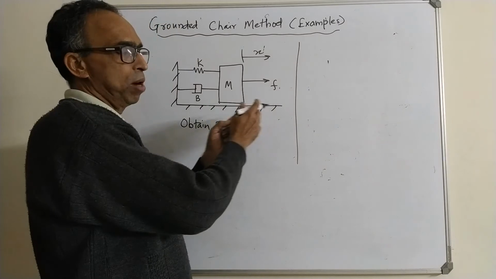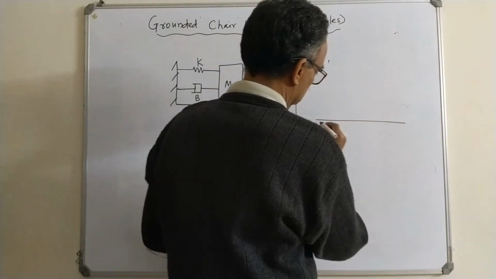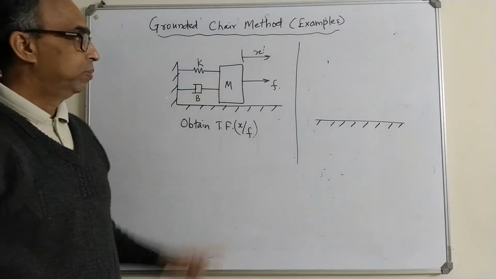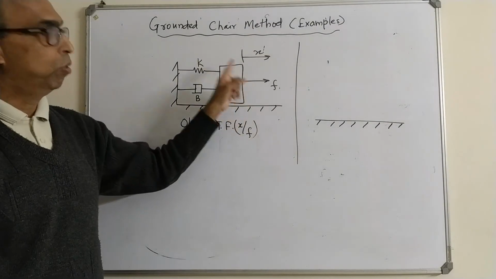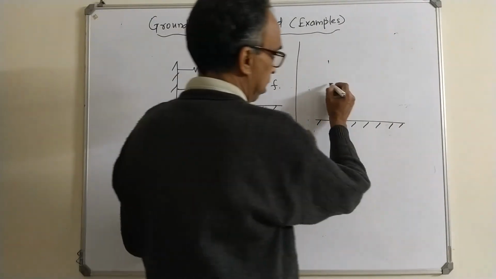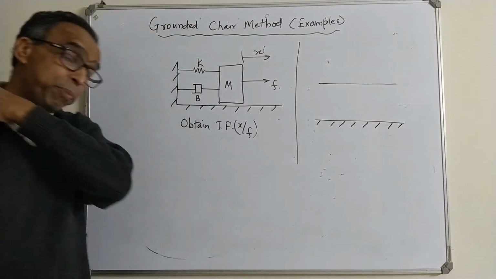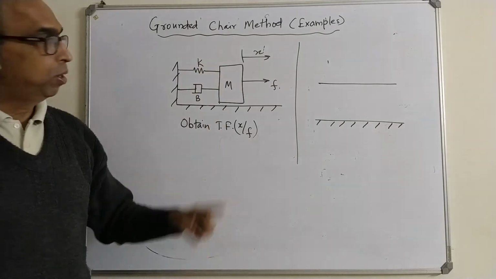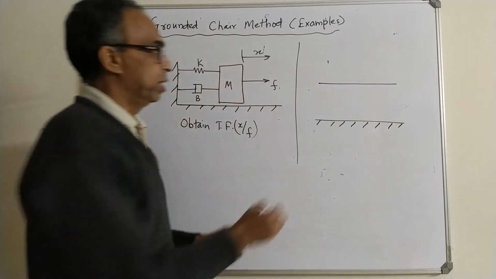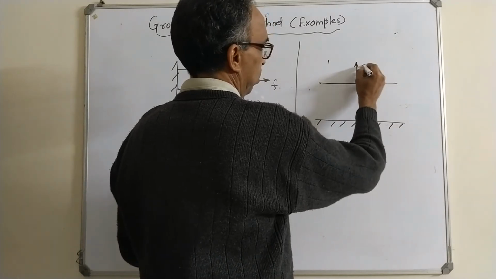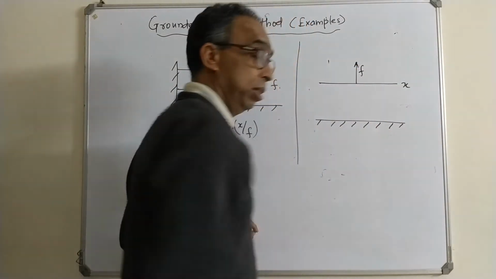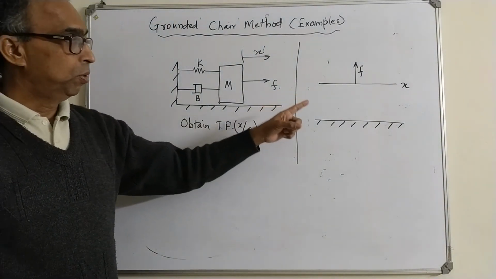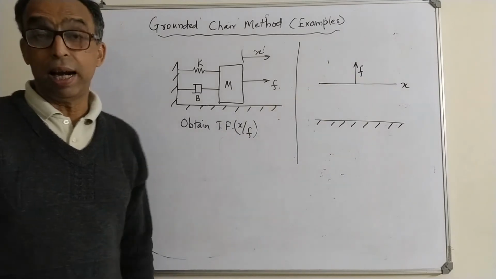Now what is the first step? Draw the ground appearing in the problem at the bottom. What next? What is the degree of freedom? How many coordinates are defining the motion? Here only one coordinate is defining the motion, so only one line parallel to this. Now the third step: the coordinate at which force acts should be at the top. Force is acting at the x coordinate, so it will be at the top. As I told you, the arrow can be upwards or downwards, it doesn't matter, because it just shows what should be treated as the positive direction.